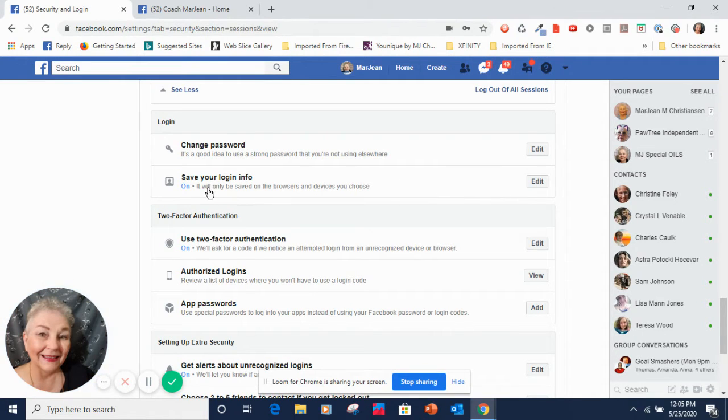This is where you can say it will only be saved on the browsers and devices that you choose, where you save your login info. So if you're the only one using that computer, you can turn this on. But if you're using a computer that other people have access to, whether it be a spouse or a friend or a coworker or a college student, roommate, or a child in your household, I would not have that turned on. I would make it so that you would have to use the two-factor authentication every time you log into